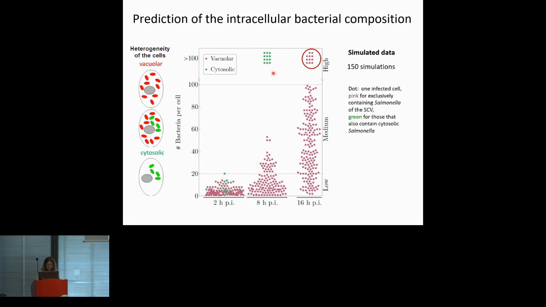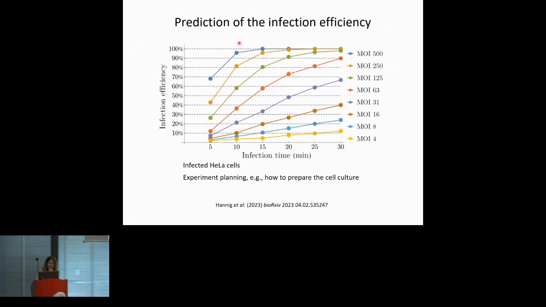That is known. But what was not known is that after 16 hours post-infection, we get vacuolar salmonella that was not yet experimentally proven. So that is, as I understood, not so easy to prove. And another prediction, which is interesting for the